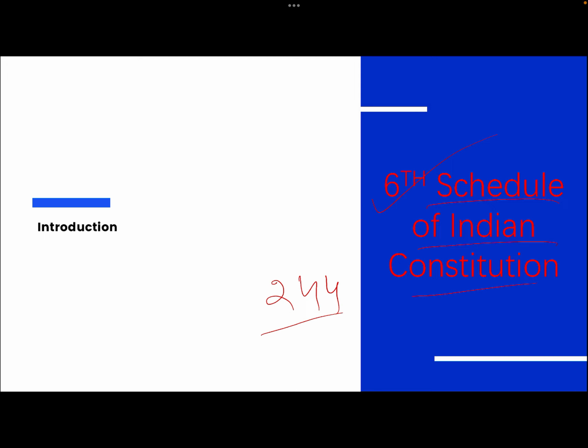So the sixth schedule actually deals with what? Tribal areas, right? Tribal areas. And this is very important. This is a very important provision for the administration of tribal areas, right? And in some specific states of India. These states